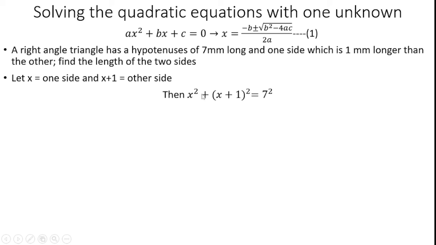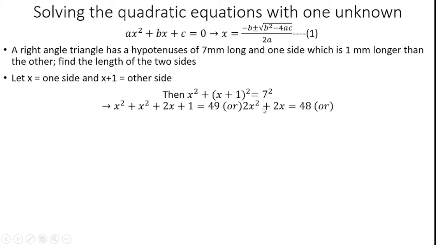I assumed this because the formula for a triangle is a square plus b square is equal to hypotenuse square h square. So the triangle equation is available, and I represented the values here. Let x be one side and x plus 1 the other, so that a square is equal to x square, b square is equal to (x plus 1) square, and this is equal to 7 square, which is the hypotenuse. After that, I simplify this equation. Using the (a plus b) whole square formula, I get x square plus x square plus 2x plus 1 equal to 7 square, which is 49. Again I simplify.